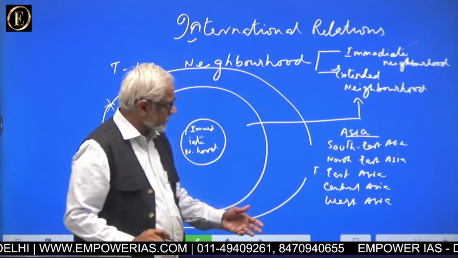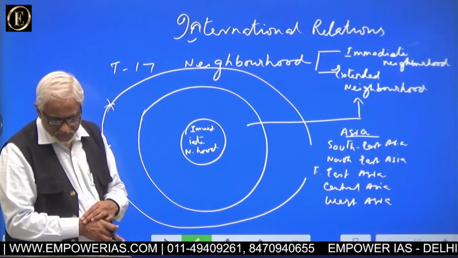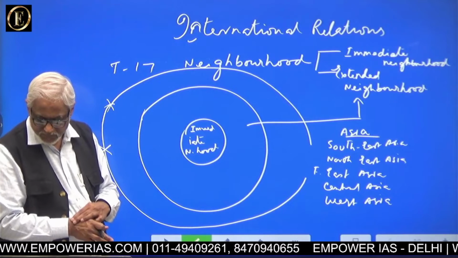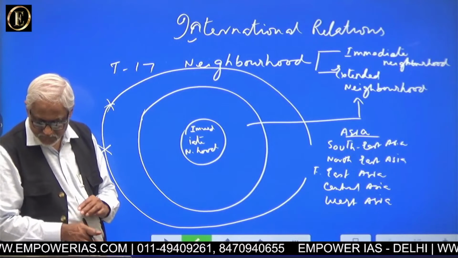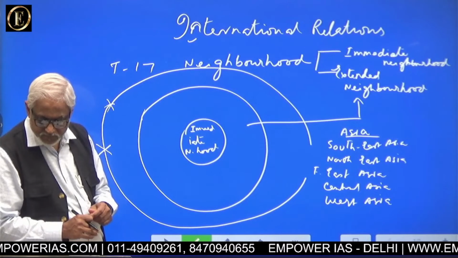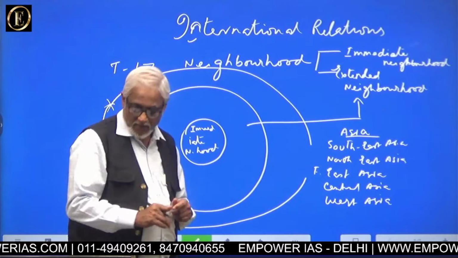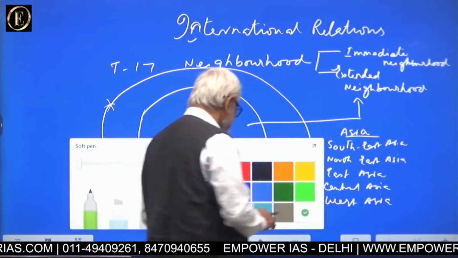So in Asia itself there are five to six zones, right? After Asia,